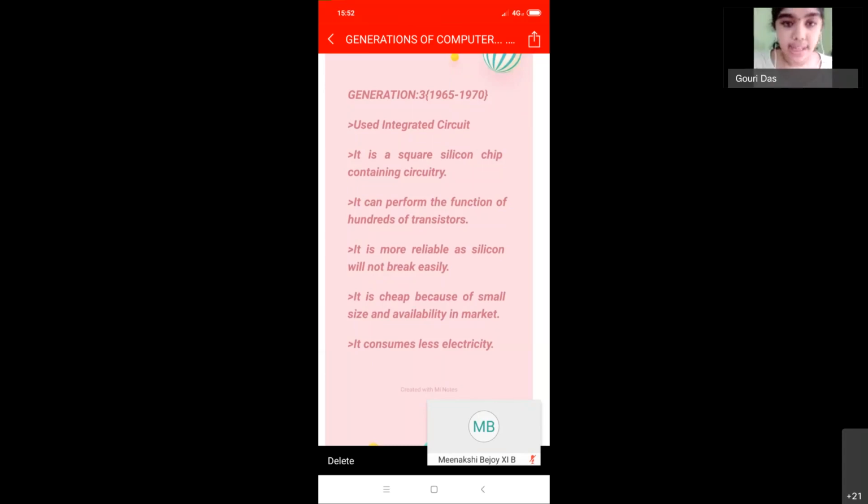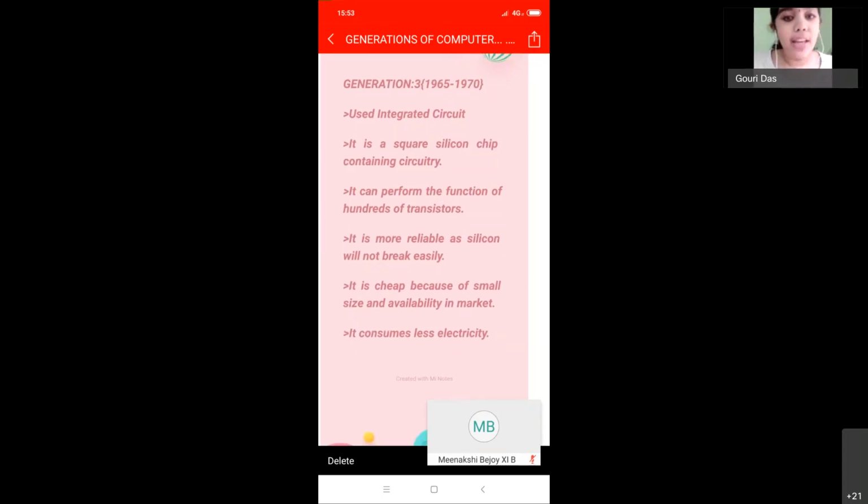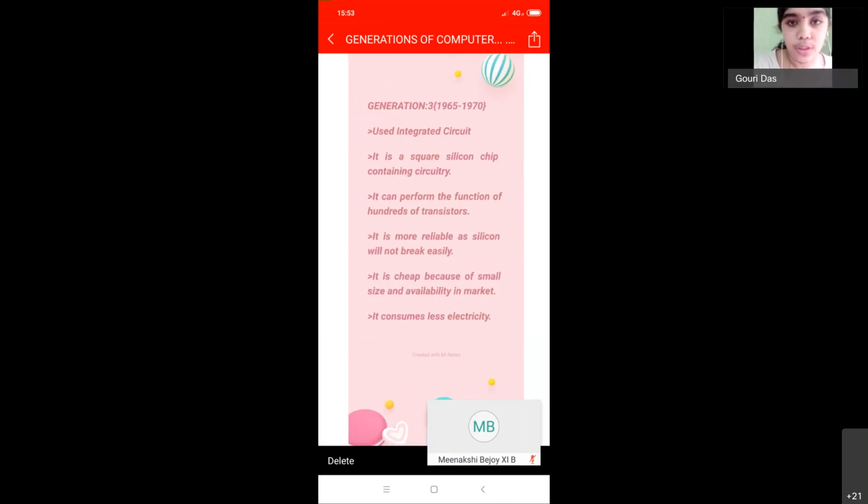a great advantage. And the advantages are also more compared to the first and second generation. That is, it is more reliable than both, as silicon is also found within reach. And it is comparatively cheap in size and availability in the market. It uses less electricity. So these are the advantages of this generation. Hope you're clear with the advantages, and I'll show the